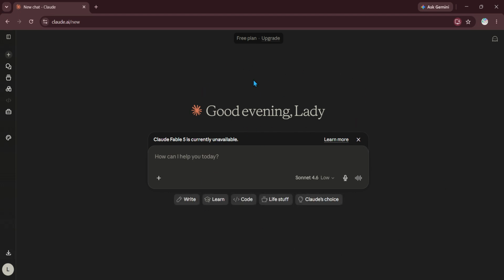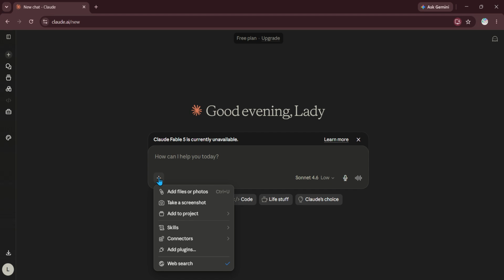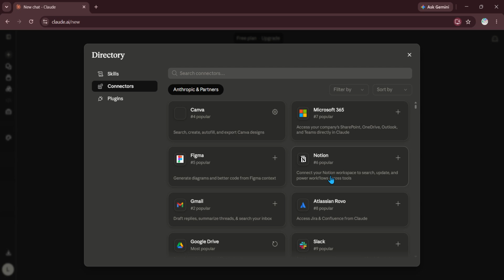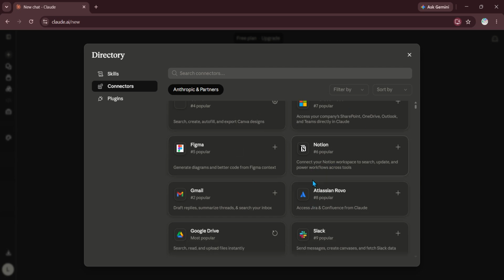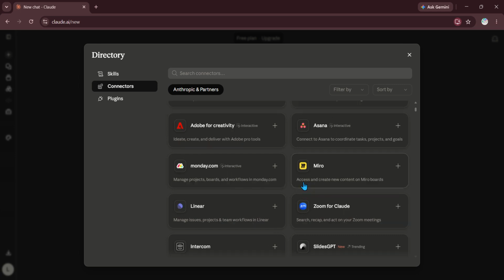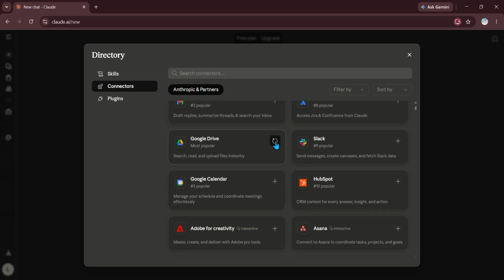All right, so let's go ahead and connect our Google Drive to Claude. In order to connect your Google Drive to Claude, you want to hit this little plus sign here, and you will see connectors. In the dropdown, you want to hover over connectors and hover over add connector, and then select browse connectors. And these are all the different kinds of apps that you can connect to Claude and work with Claude using. I'm going to go ahead here and select Google Drive,